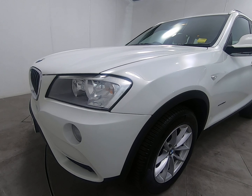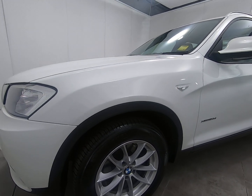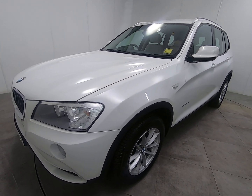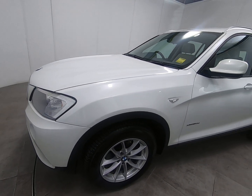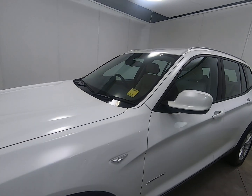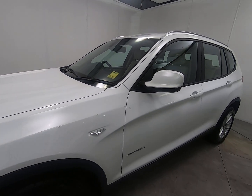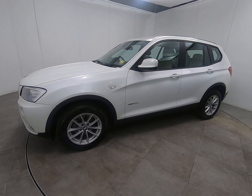It is also worth noting we have all our vehicles independently inspected by the AA. That is a 128-point inspection, which includes a 5-mile road test by an AA engineer, just to make sure the car is correct on the road. As the yellow window sticker shows, this BMW X3 has passed that AA inspection. You can view the inspection report on our website at